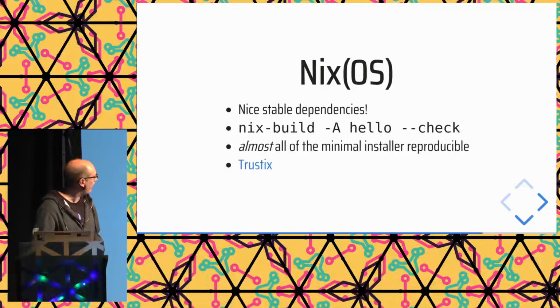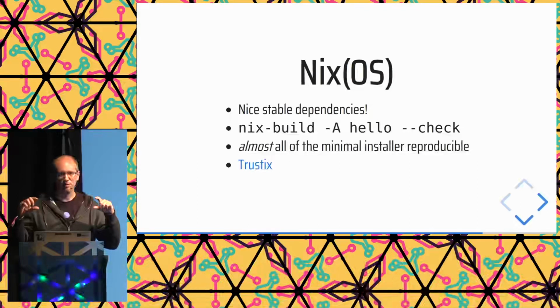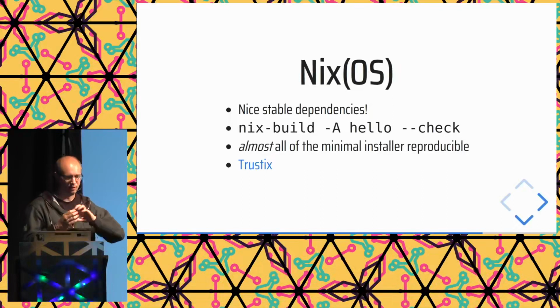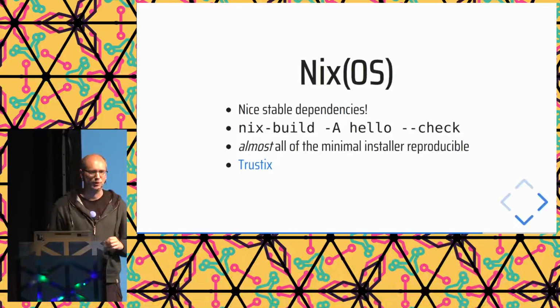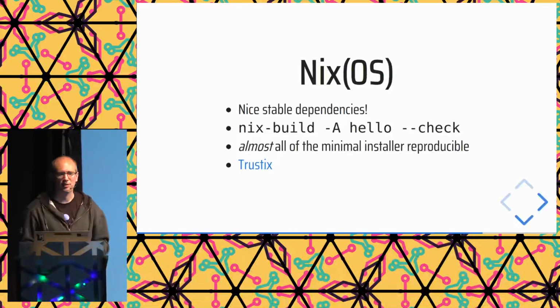NixOS is a Linux distribution that I'm personally a huge fan of. What I like about it especially is that you get very stable dependency trees, which makes it relatively easy to achieve reproducible builds, because you know exactly which versions of your dependencies you will get. It's much less likely that you will get differences in your build because you happen to build it with a different version of a dependency. That's just because of the way Nix is set up. The inputs are always very consistent,